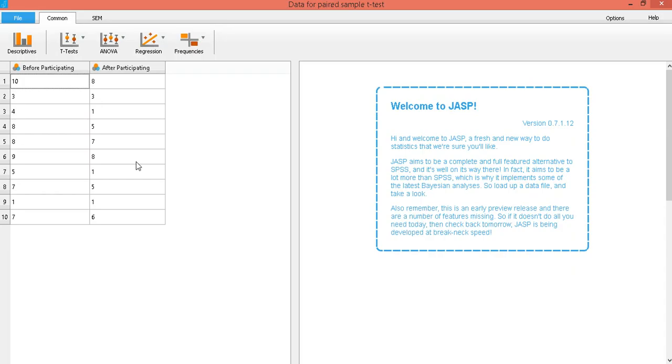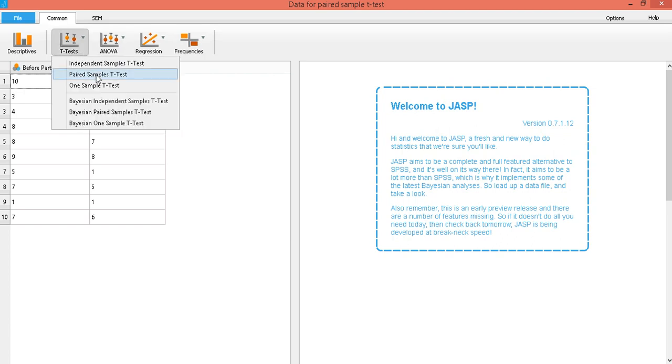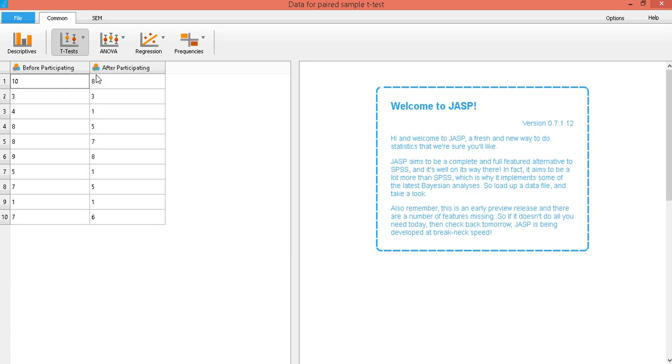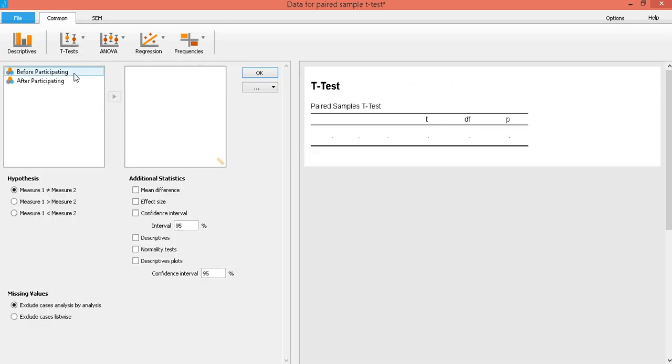Okay. So to perform paired sample t-test, let's click on t-tests, and then let's choose paired samples, and then just enter these. Enter before participating first, and then enter after participating. So you would see that there will be a sort of a comparison, and as soon as we enter those two,